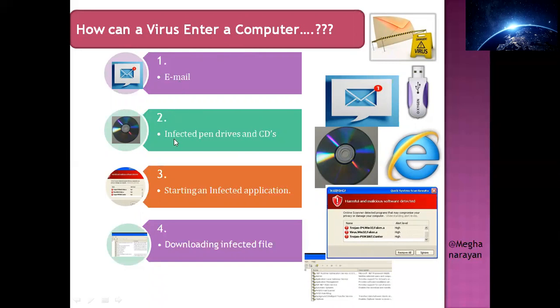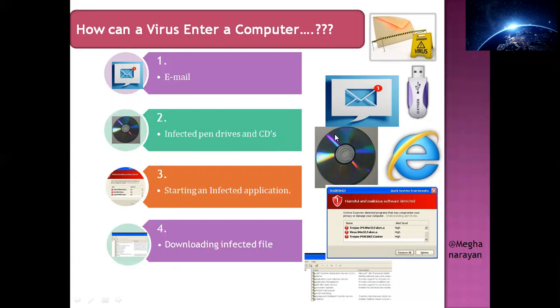Move to the second one, infected pen drives and CDs. Many times it has happened that when you insert a pen drive or CD in your system, it shows you certain errors, that the particular removable media or pen drive is having a certain type of virus, certain types of bad files also.